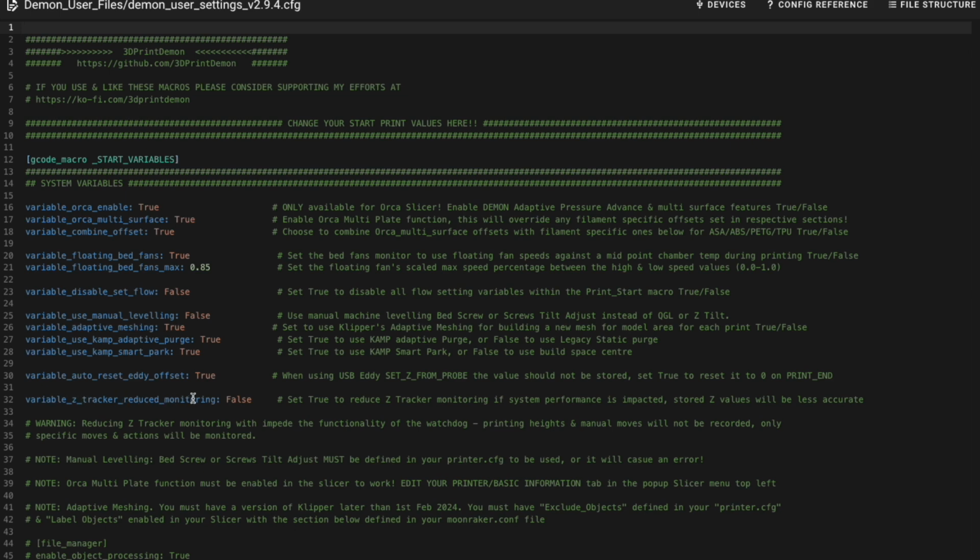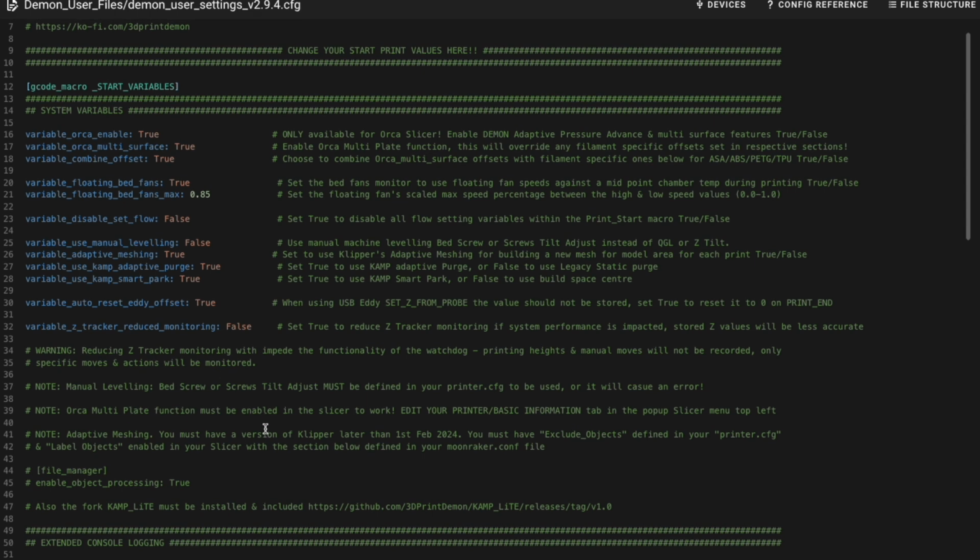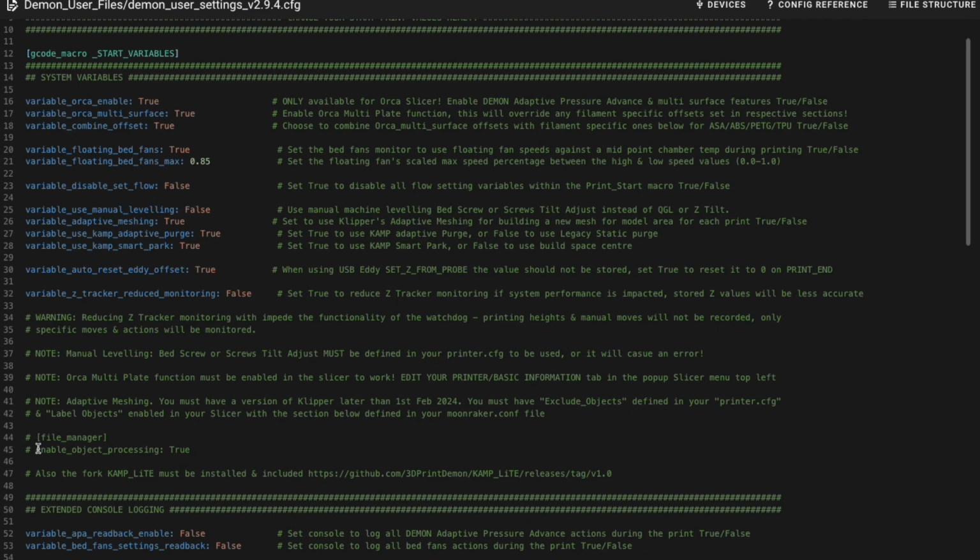And then we have the Z tracker reduced monitoring. So basically, if you find performance of your system is impacted by the system maintaining a monitor on your Z height, you can reduce this so that the system only records your Z height at specific times and after specific actions rather than all of the time. So a few warnings here about all this sort of stuff, notes about setting it all up. You need this